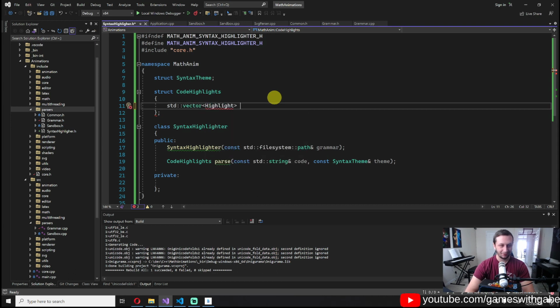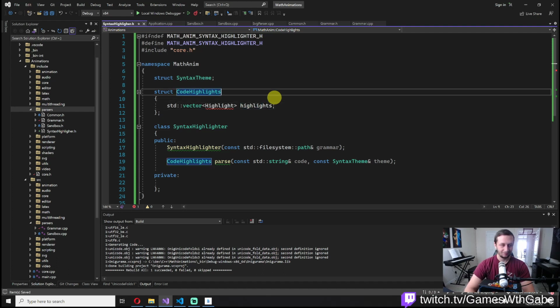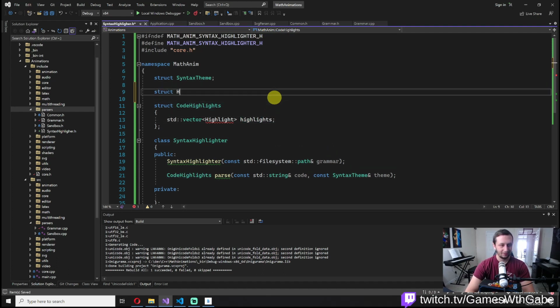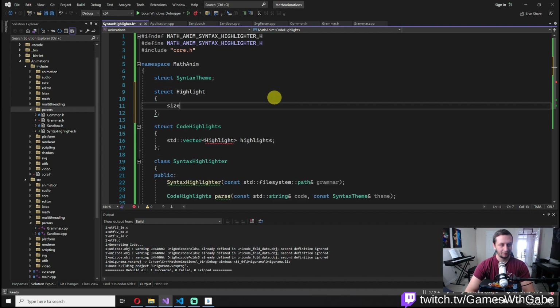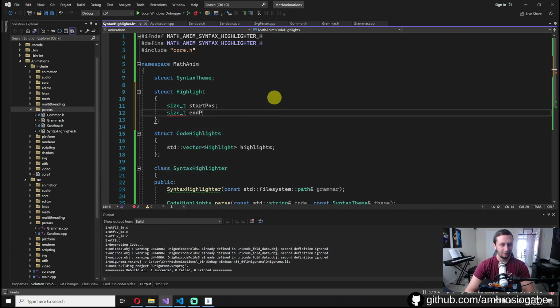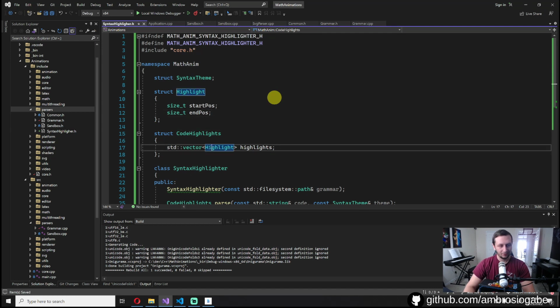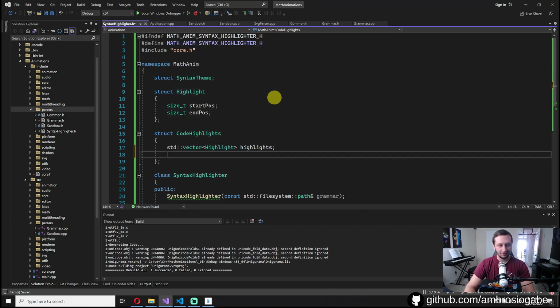Okay, we'll have a vector of highlights. And that's going to look like size_t start pos, size_t end pos. Because it's important, we do want to keep the string intact. The code block, we want to keep that string intact. We don't want to break it,